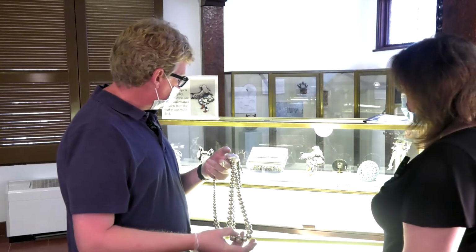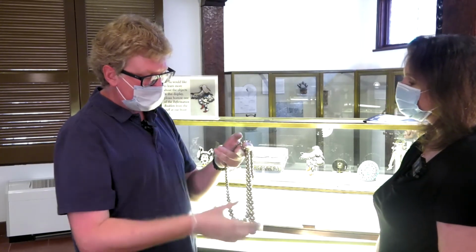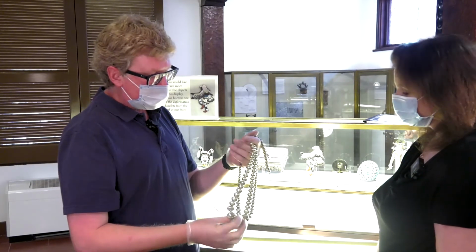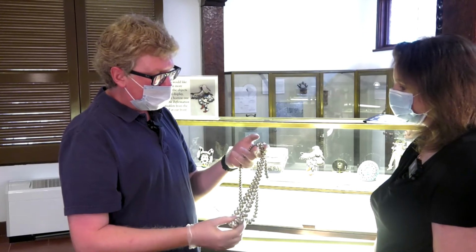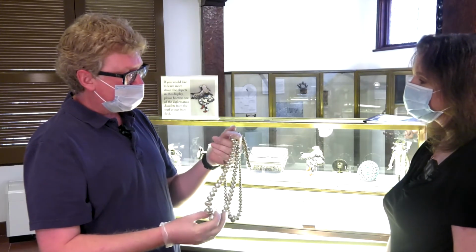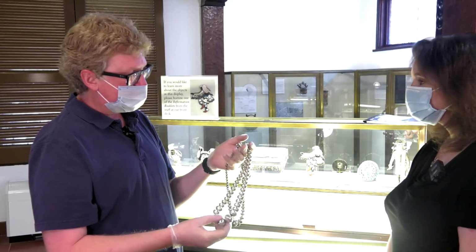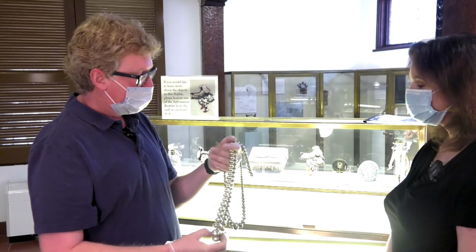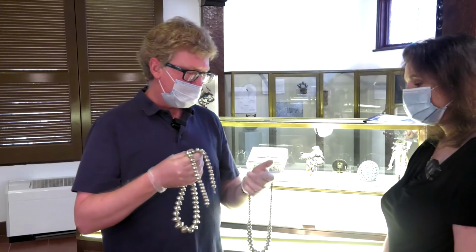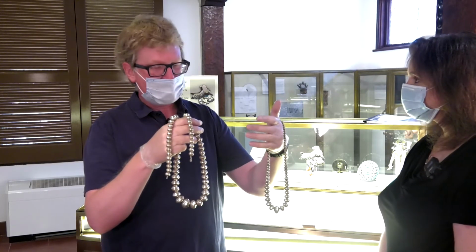Most of these beautiful pieces feature gorgeous beadwork. And while today there are techniques, there are machines that can stamp out silver beads very quickly, for most of the collection that we have at Amerind, all of these beads were almost universally handmade. We have a few examples of the machine technique, but almost everything else is handmade. And I bring these two up. These two chains of silver beads have a lot in common. These would have been sold as is rather than worked into somebody else, but I bring them up because